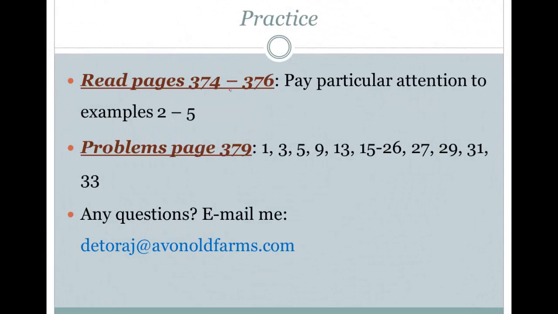Here's some practice, fellas. I want you to read these pages. It's part of the first section in chapter 5. Here are some practice problems getting used to using these trigonometric identities. We're going to do some more practice on this in the next video because this stuff is important. You need to understand the relationship between these different types of functions, the function identities. You need to use the Pythagorean identities because they're going to come in handy as we start to solve